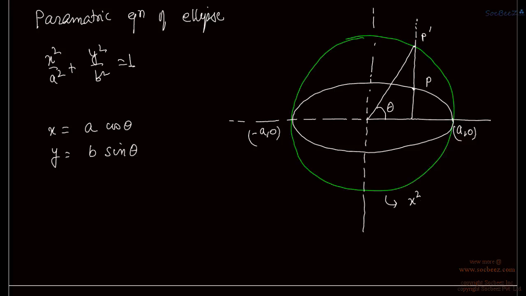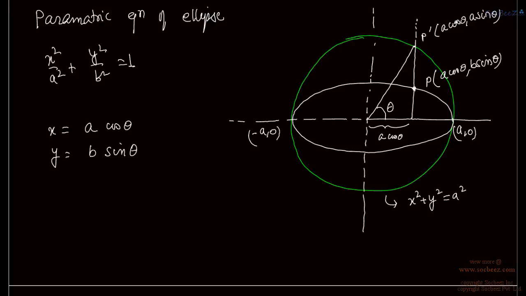The equation of this circle is x square plus y square is equal to a square, right? And this point P dash can be written as (a cos theta, a sin theta). We have already seen this in circle. The x coordinate is a cos theta. Putting this value a cos theta in the equation of ellipse, we get y as b sin theta. So we have this point P as (a cos theta, b sin theta), the parametric equation of ellipse, where